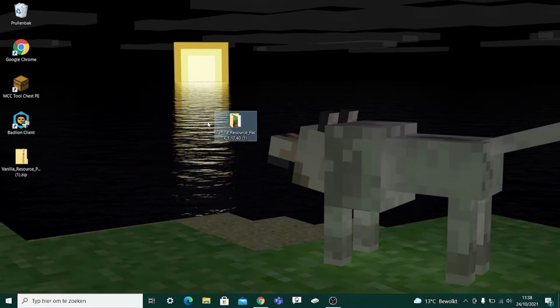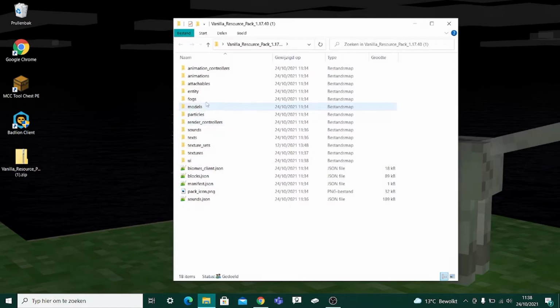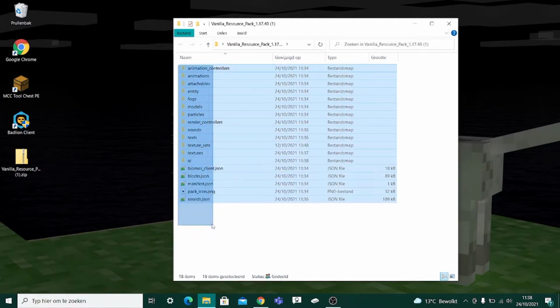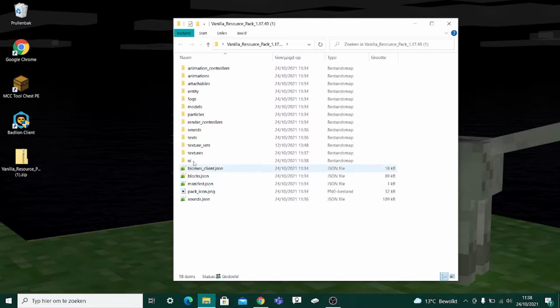Now, what matters is this folder you have just extracted. Mine is called Vanilla Resource Pack 1.17.40, 1.17.40 being the game version I am on. Now, you might be watching this in the future and be on 1.19.2, so that might be what it says here. I don't know. Anyways, you can open this, and as you can see, there's a lot of things,